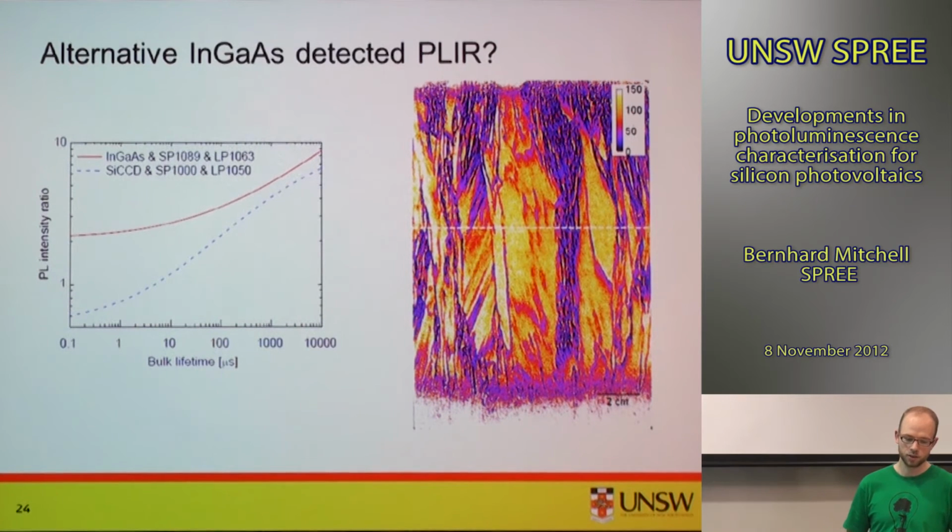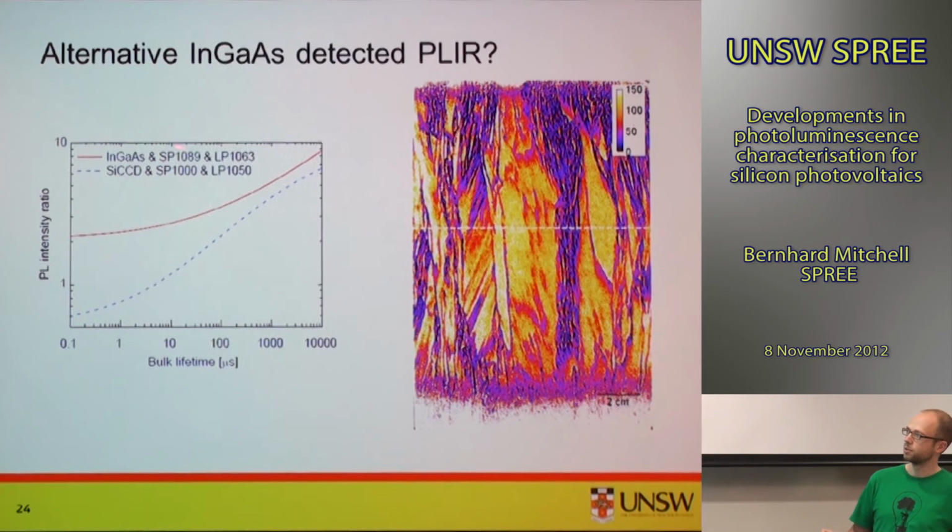We then tried to apply a different camera as well, in order to compare what the effect of the optical blur would be in a different way. And we used the InGaAs camera to do that. There are a couple of things which change with an InGaAs camera. Here I calculated the PL intensity transfer function as a function of bulk lifetime again. We've seen this curve before. And now for the InGaAs camera, we see a much flatter transfer function. And that's mainly because I needed to